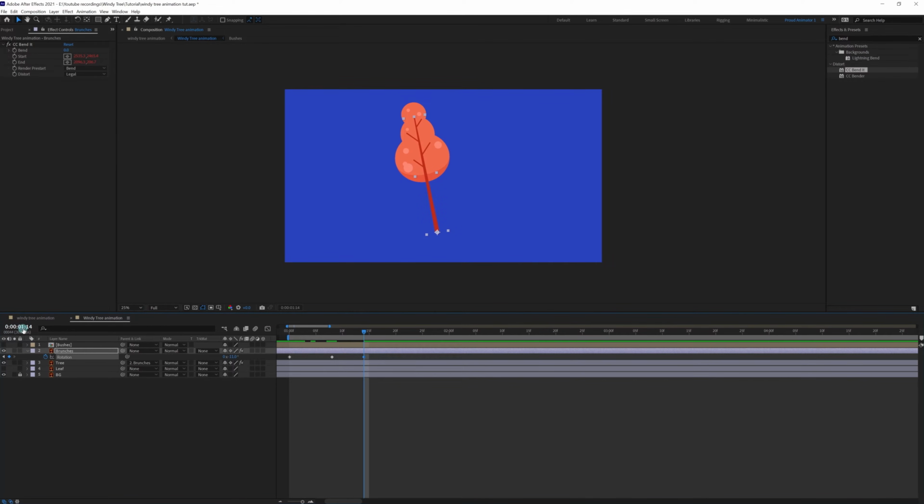and then again jump on to next 6 frames. Let's copy this keyframe and paste it over here. Let's jump on to next 6 frames again. Let's copy this keyframe and paste it over here. Now again jump on to next 6 frames, copy and paste the keyframe over here,